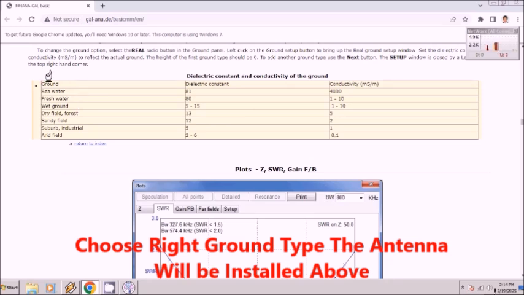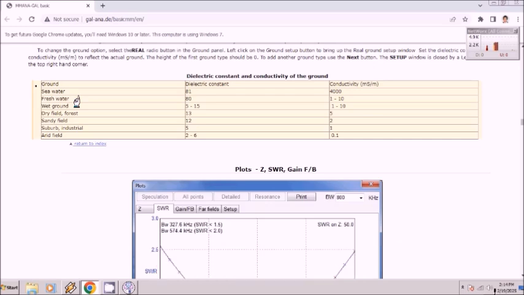Freshwater, if you are going to put the antenna above a lake, on a ship probably. Or wet ground, if you are going to install the antenna above a swamp, dry field, forest,